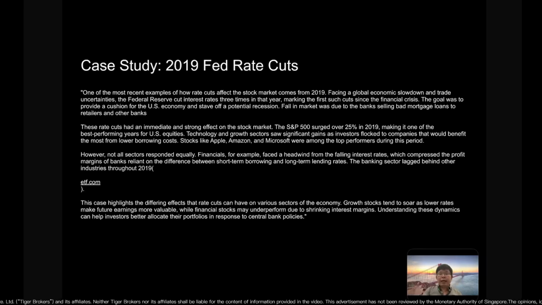Another case study is the 2019 rate cuts. At the end of 2019, the COVID time, everything fell a lot because people thought the whole economy would stop moving as nobody dared to go out. A lot of people would stop paying insurance premiums. One of my favorite stocks, Manulife, came down from $20 to about $4 or $5 because people were scared nobody would travel, the whole job economy stopped, everybody had to work from home, and there was no spending.